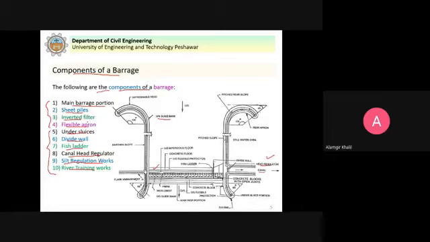So the structure must be safe against these forces. In order to increase the stability of the structure, these components are provided. Later on, when we study the causes of failures of weirs and barrages on permeable foundation, we will understand the importance of these components.